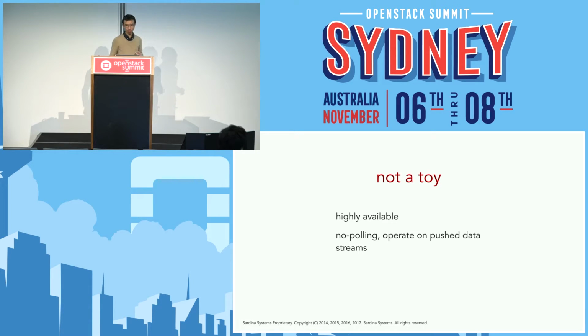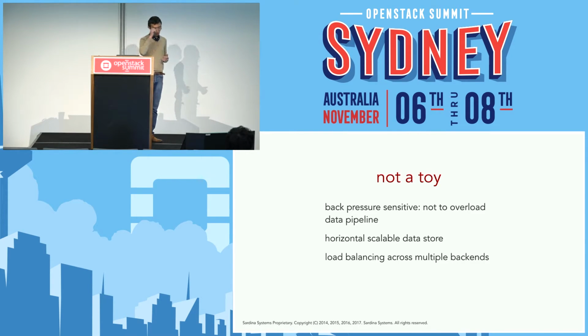So we've got a question. How do we build HA for decision engines? How do we build HA in a manner that you're not going to get multiple triggers and you're going to get the same decision from multiple evaluators? And we also need this thing to be able to operate on stream data, so no polling, because with polling, you're going to hit limits.